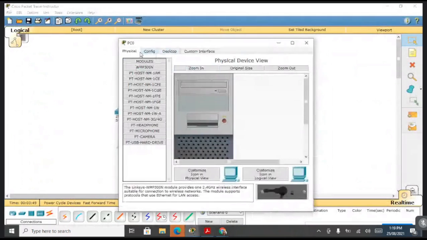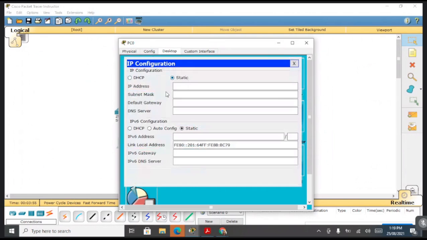So first we'll configure IP configuration on this PC0 desktop. IP configuration static, 172.16.0.2. So this is the subnet mask, 172.16.0.1 gateway.